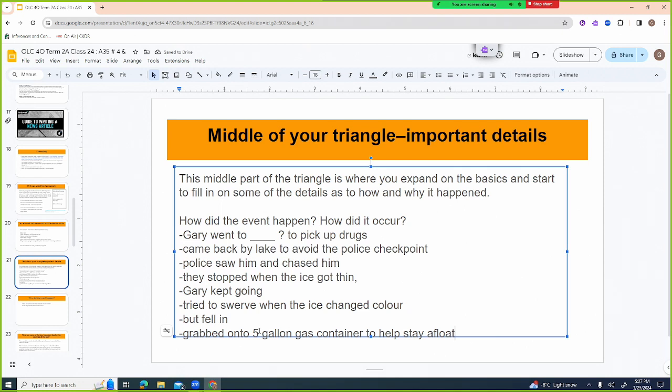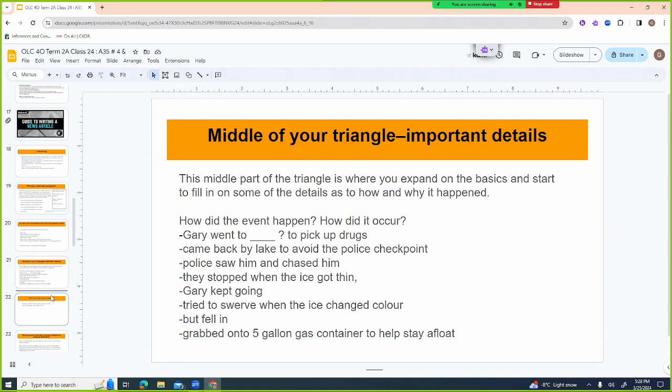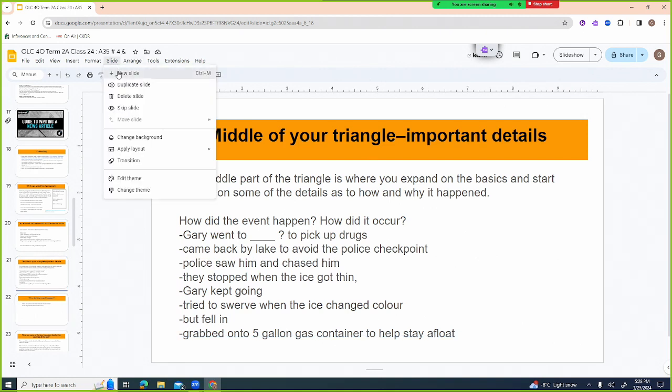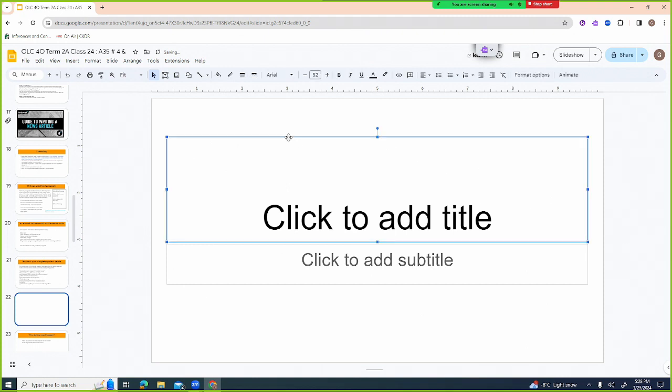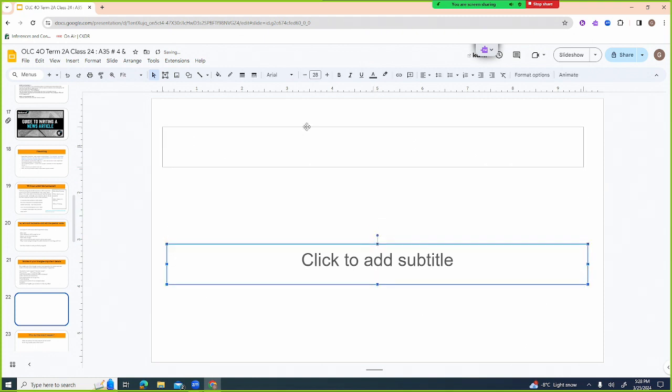And then how did he get saved? That's like a whole other slide, basically. I'm going to add another slide here. Okay. So what happened?